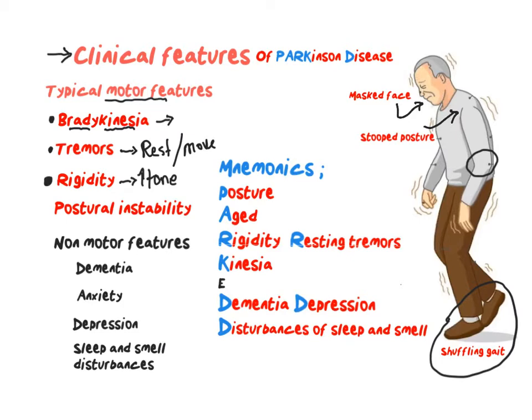Now, these patients, when there is progression in the disease, they tend to fall. So that's because of the postural instability. They fall and they need a support to walk, right? So then we have